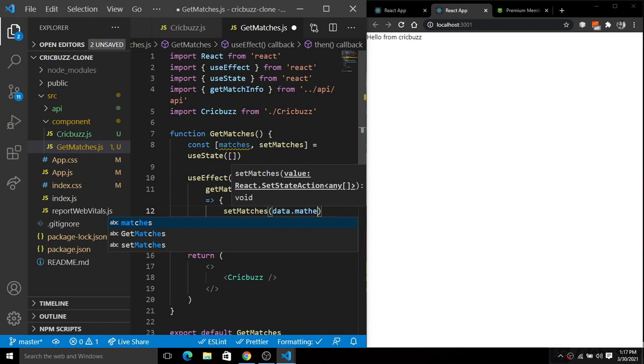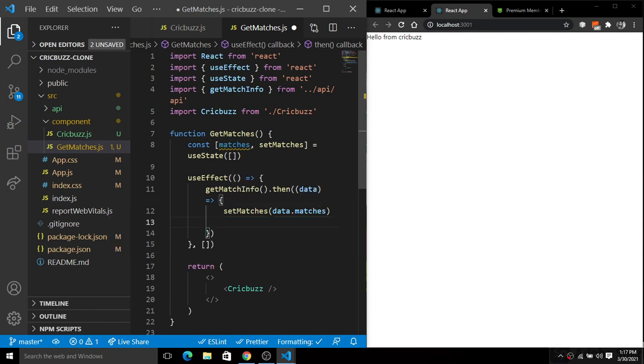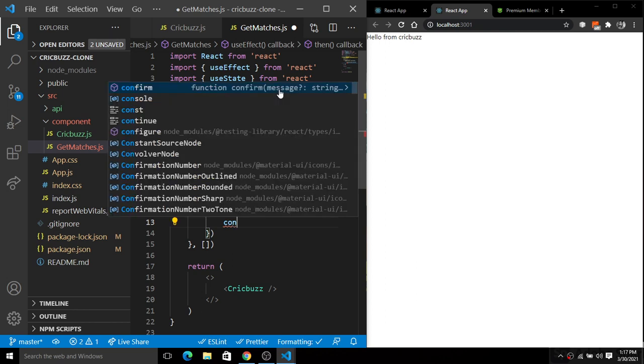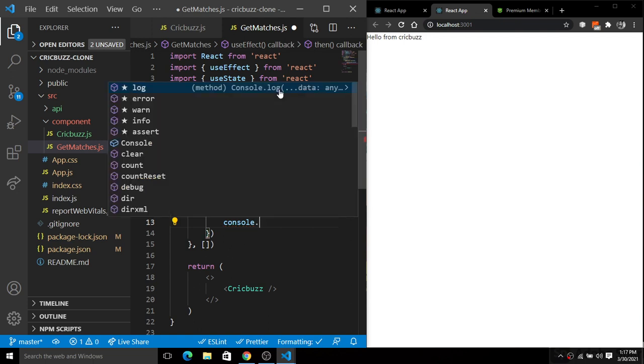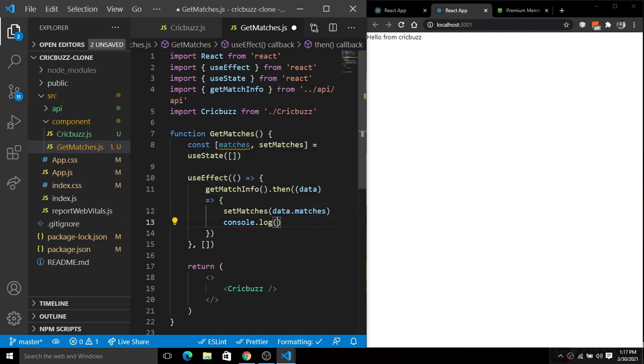Okay, so you will not learn what I am going to do here. For this, I'm going to simply console the information inside of this console, so it will be much easier for you guys to grab the concept here. I'm going to console out the data first of all, and then we will console out the data dot matches, right? So I'm going to simply save this.